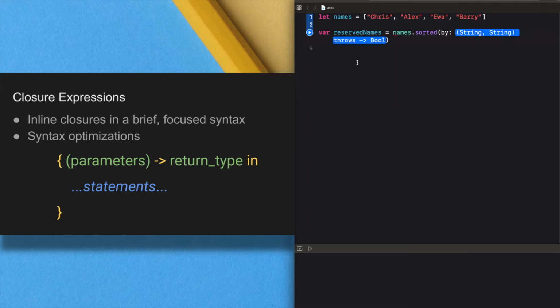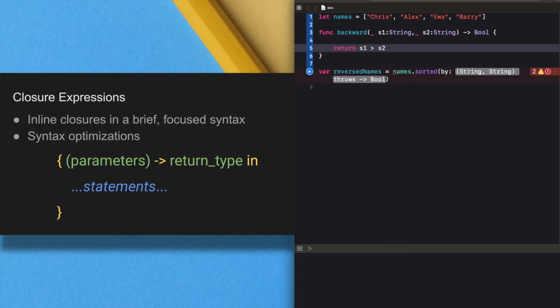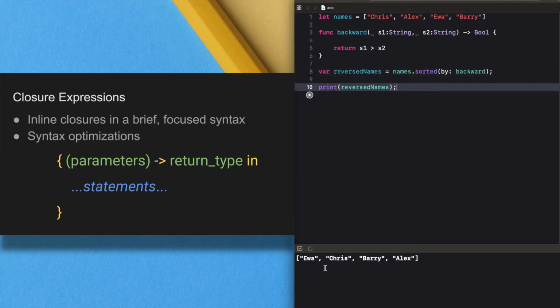So we need a function, a closure, with parameters having two string values that will return a boolean value. We can define that function here. See, we have an array in reversed order.